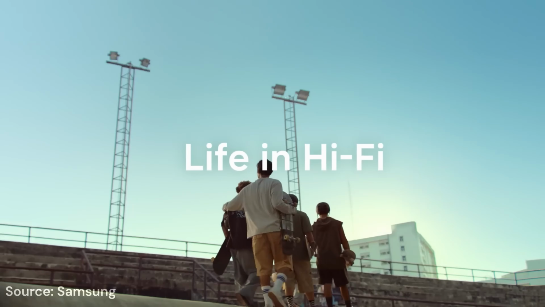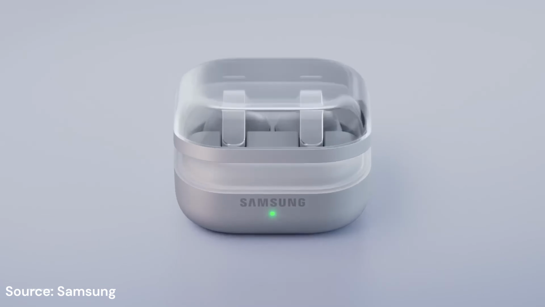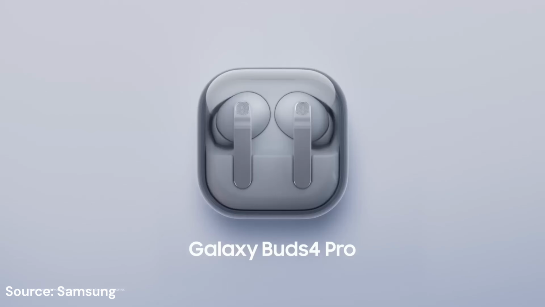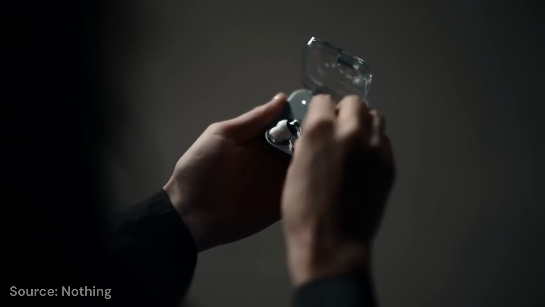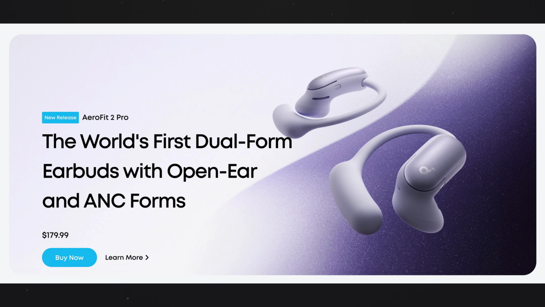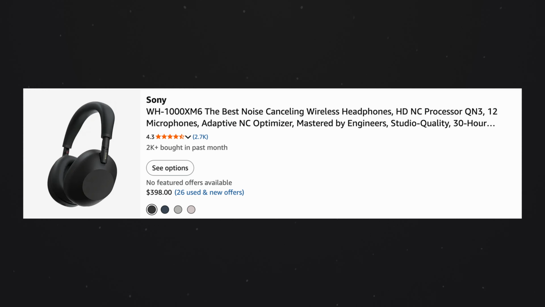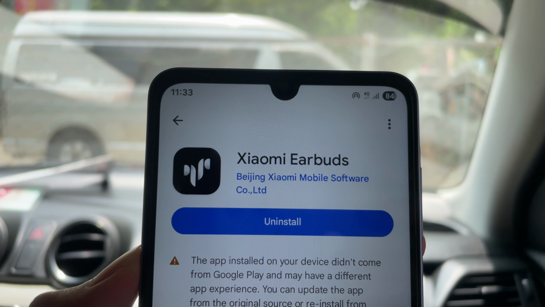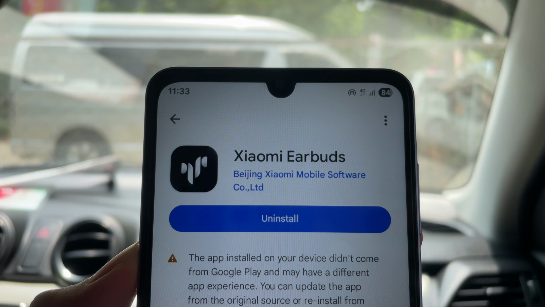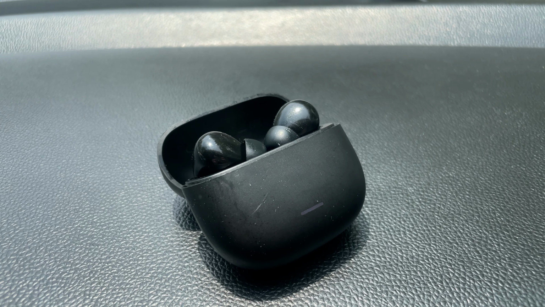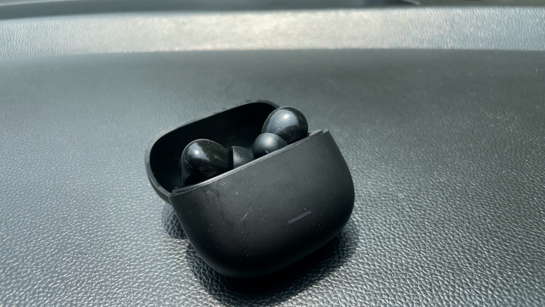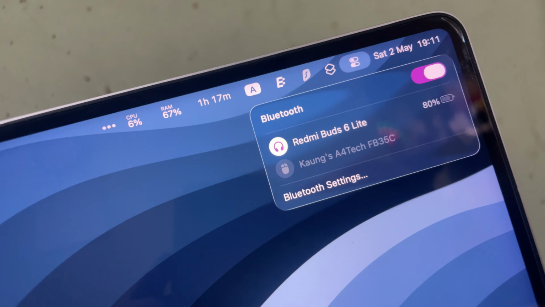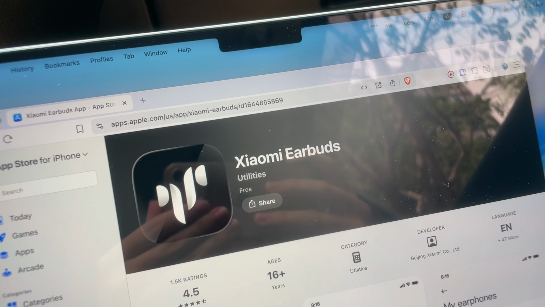If you're trying to be ecosystem independent, I think it's best to avoid first-party ecosystem audio products like the AirPods or the Galaxy Buds. They do connect to any device, like the AirPods connecting to Androids and vice versa, but you won't be able to use all the features. So it's best to go with alternative brands like Nothing, Bose, Soundcore, Xiaomi, Sony, etc. that don't care about what device you're using, have their own apps on all platforms, and work well with iOS, Android, macOS, Windows, and Linux. Personally, I use the Redmi Buds 6 Lite as my earbuds because it has good sound quality and decent active noise cancellation for its price, and pairs well with my Samsung Android, secondary iPhone, and my Mac, and their app is available on both iOS and Android.